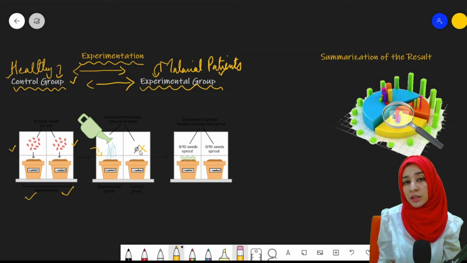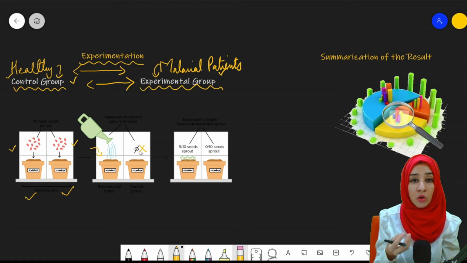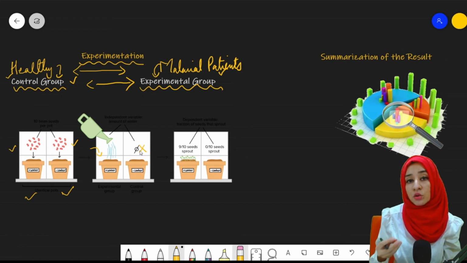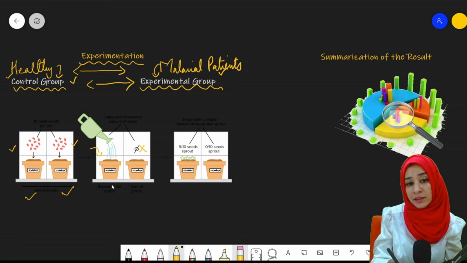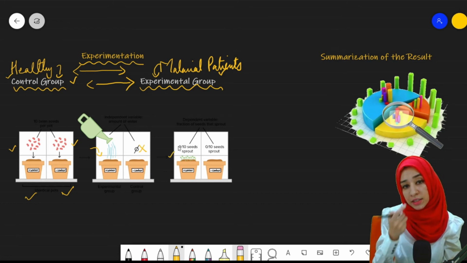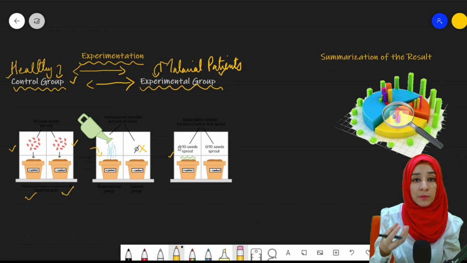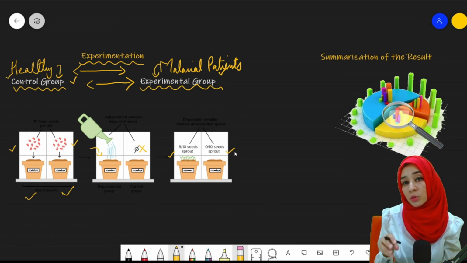And we already know that a plant needs water and its nutrients to grow. A seed needs those nutrients in that water and that temperature to grow exactly, right? So the result will be that out of the first pot, 9 out of the 10 seeds will grow into baby plants, or seed sprouts will be there. Whereas the pot where no water was given will have no plant production, no sprout production.